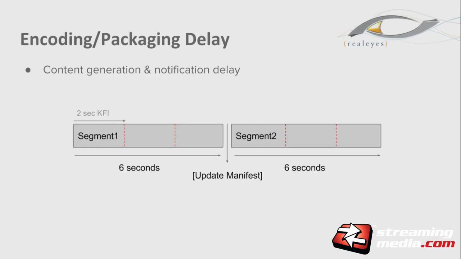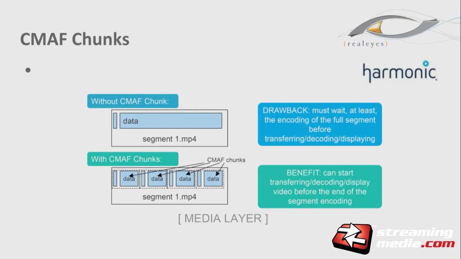So once again, we look back at this: I'm not going to be able to even try to start loading that content until it's ready, right? And I like having these larger files because they're handy to work with, and they perform well for caching and other stuff. Okay, well, with CMAF, this is an implementation of this: CMAF chunks also use HTTP 1.1 chunking. This is another cool diagram from Harmonic. Once again, up on top, we have our normal segment. Okay, well, cool. Once it's ready, I can load that.